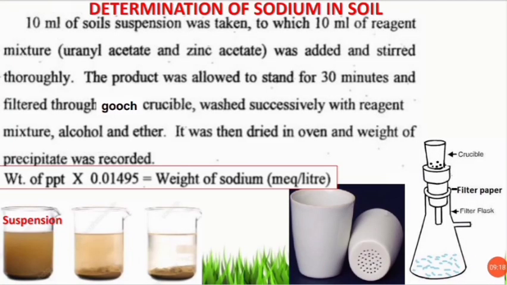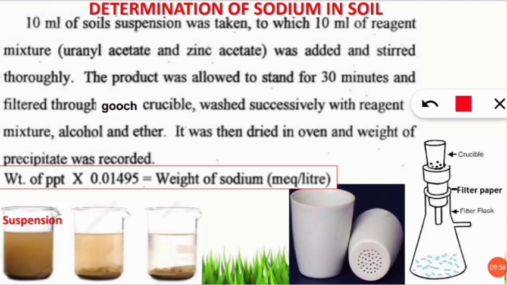Next parameter which we are going to discuss is sodium. So we should know how much quantity of sodium is present in the soil. For that, first of all, I would say that mostly for sodium determination we use flame photometry analysis. It can be for water or soil, but here we are going to know about the Barber and Kolthoff methods. This method is different and I will tell you what is the procedure for this method.